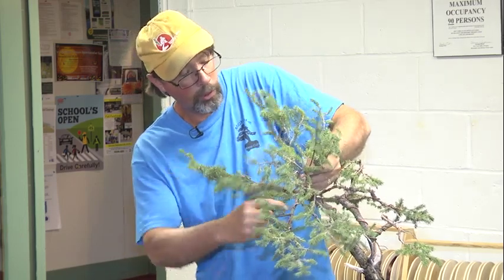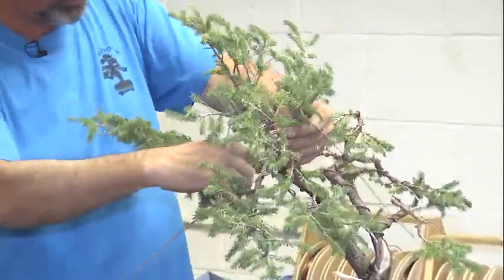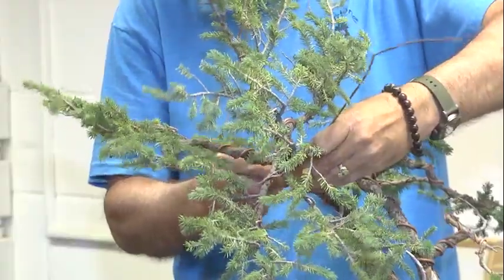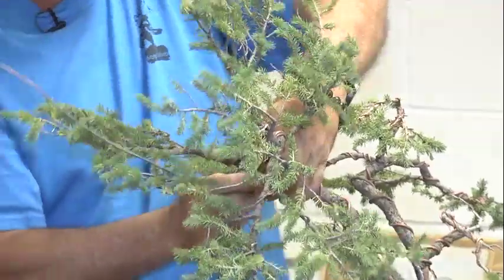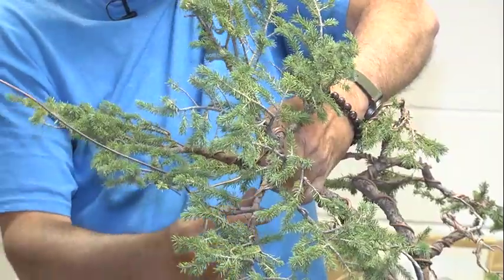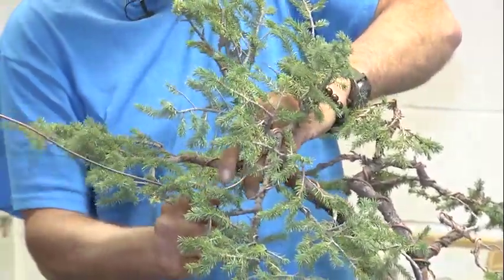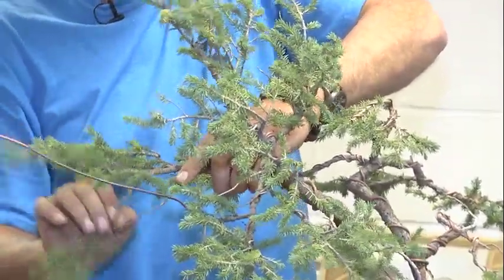What I like to do is have the tree so that it can be, now wait a minute, okay, I've got wire going this way. What I want to do is follow this wire here, so I'll put it right on here so it doubles that wire, because that's the one I'm wanting to connect with. I like to have the trees so that if I move them from the pot, they're going to stay wired. I don't have to reconnect a bunch of stuff. So as much as I can, I'll connect the tree to itself. Sometimes I'll put a screw in the side of the pot, but I'm more likely to make a loop in the wire and put a guy wire to another part of the tree. Sometimes that doesn't work, but